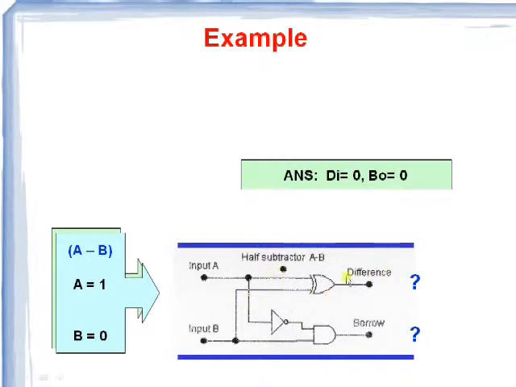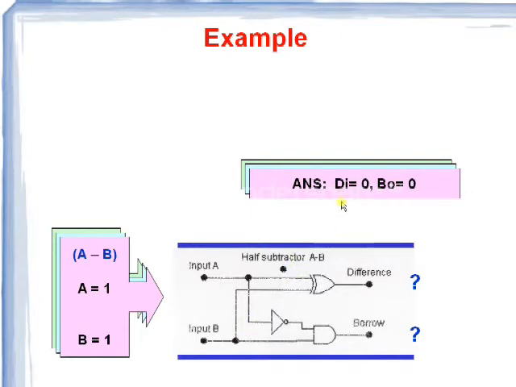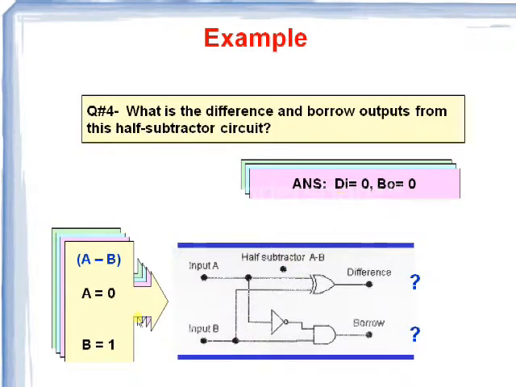The output is 1, and here borrow is getting an input from A, which is given through a NOT gate, therefore the output of the NOT gate is 0 and input B is 0, then the output is 0. So this is 1 0. In the same way, if you substitute this condition, then you will get this answer. If you substitute this, the answer would be difference is 1 and borrow is 1. So this is how we will calculate this subtraction. And this circuit is used for calculating the subtraction operation between two binary operands.